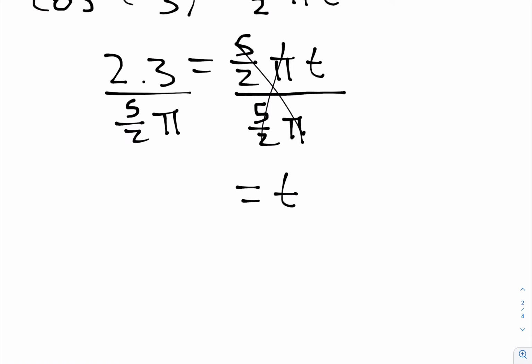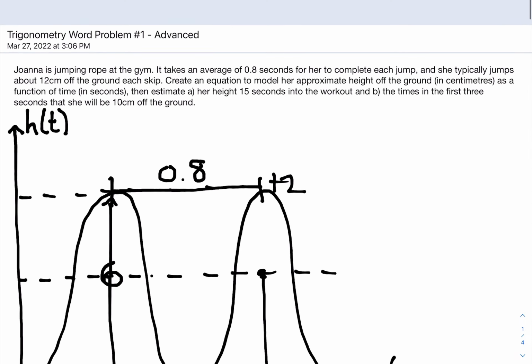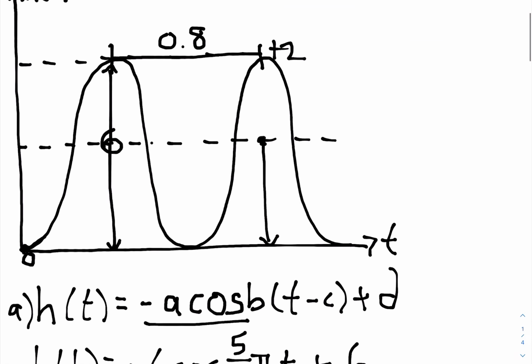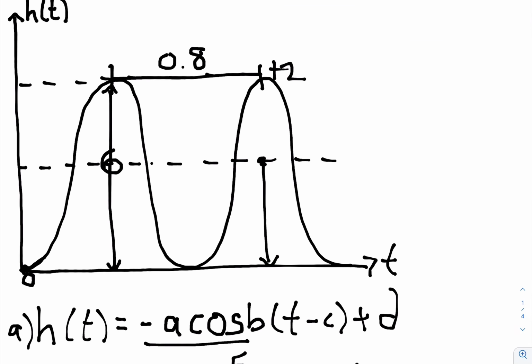Okay, so once you divide it by pi, you'll get that it's 0.29 seconds. Okay, that's the first time in which she reaches 10 centimeters off the ground. Okay, now if we go back up here, right, we know that this is going to be,